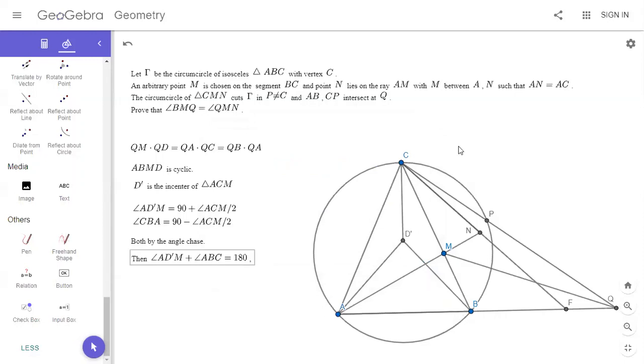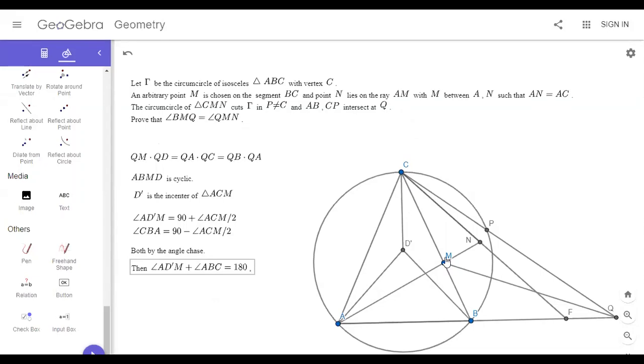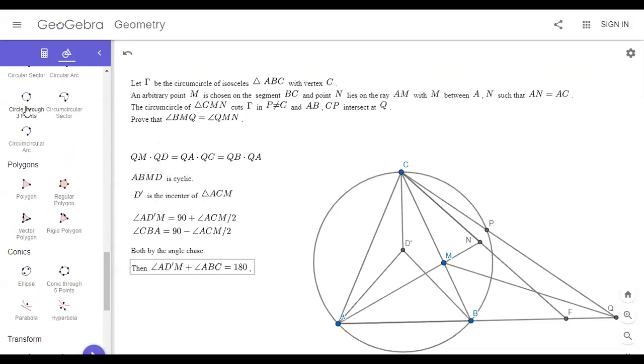Now I'm looking at CD prime MP. Or CD prime MN, is it? I'm sorry, I already forgot. Yes, CD prime MN, and you can get this in exactly the same way,